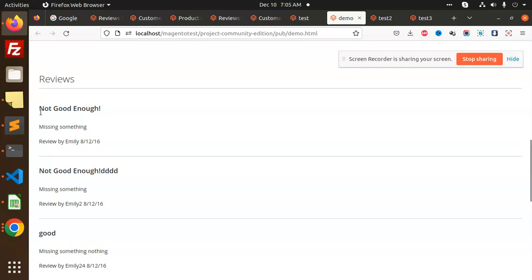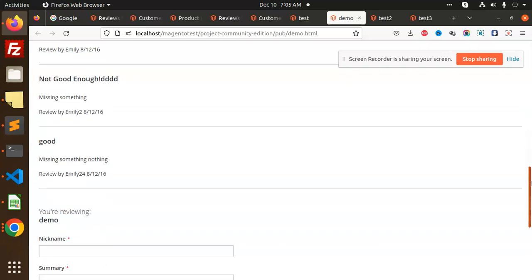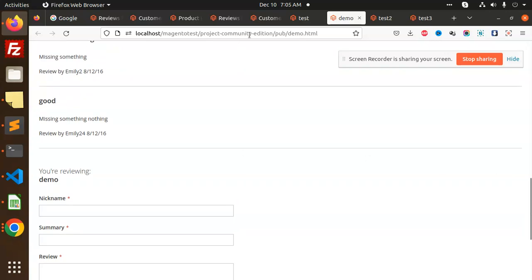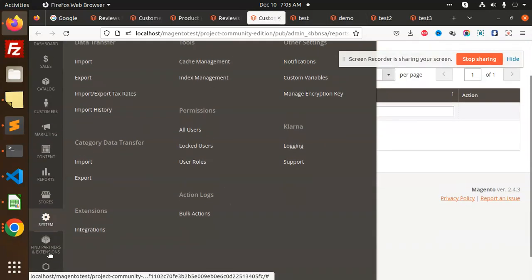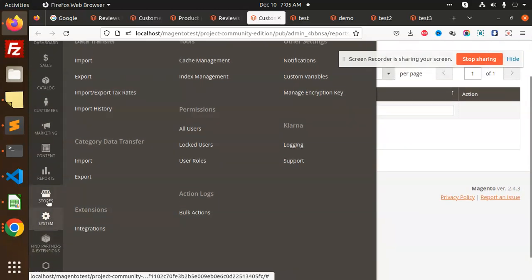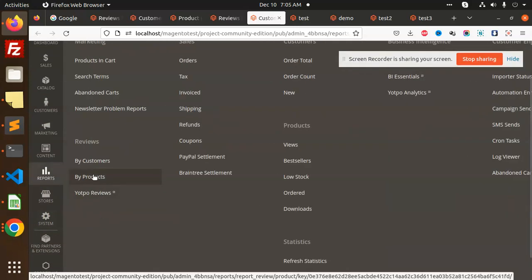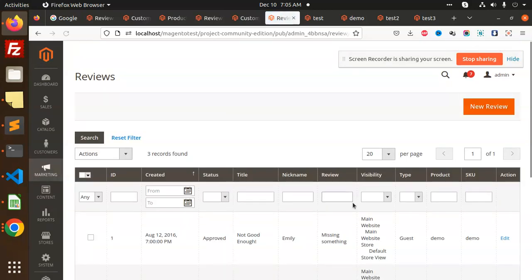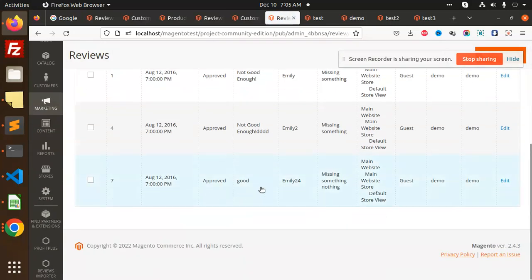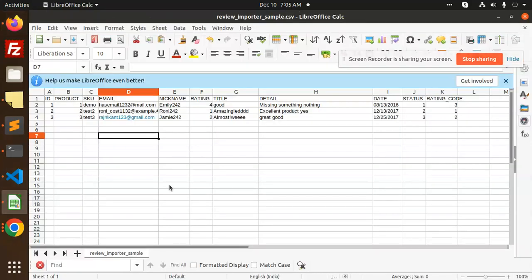So you can see that reviews are coming over here, missing something, review by this, but these are not approved yet. So let's check and approve that one. So we have to go to this rating section. We have this by products we have rated, then we have this kind of ratings. You can see that the last one which we have approved, 24, right? You can see that here, CSV,